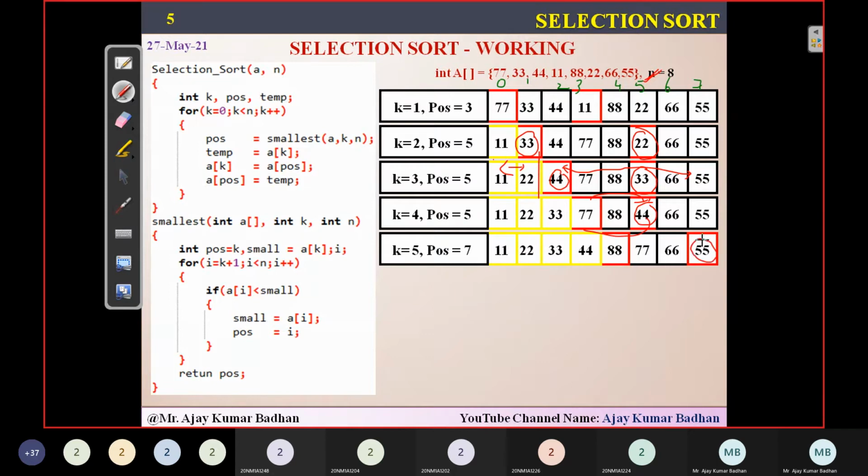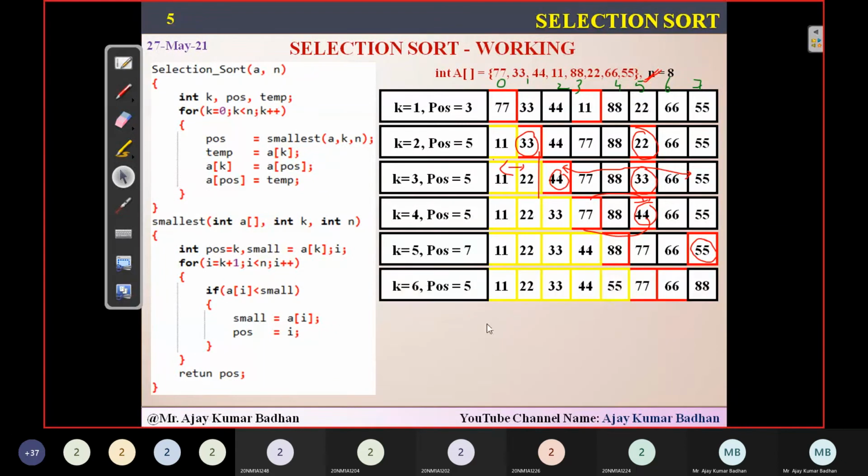Now, as I told you before, what you people are seeing here, these are sorted. All these elements are getting sorted now, isn't it? The sorted array is getting increased, whereas the unsorted array is getting decreased. Now all this we are doing in a single array. I did not take any auxiliary array or temporary array to store the value. Within the same array, I'm performing it. The same array I have divided into two halves, and this half is getting increased and this half is getting decreased as the iterations take place.